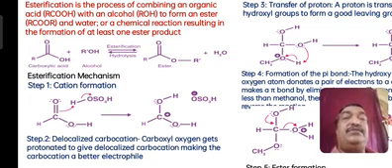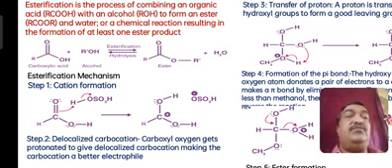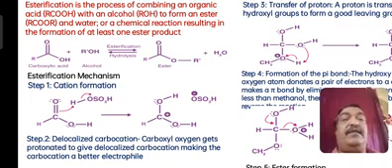When it first treats with sulfuric acid, H2SO4, which I have written as HOSO3H or H plus SO4 minus, the carbon to oxygen double bond opens, and oxygen becomes minus with hydrogen plus attached to it, and carbon gets plus. So a cation containing two OH groups is formed. In the second step, the carbonyl gets protonated to give a delocalized carbocation, making the carbonium a better electrophile.